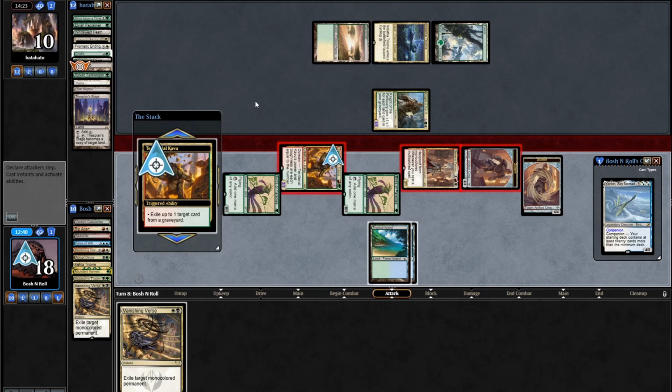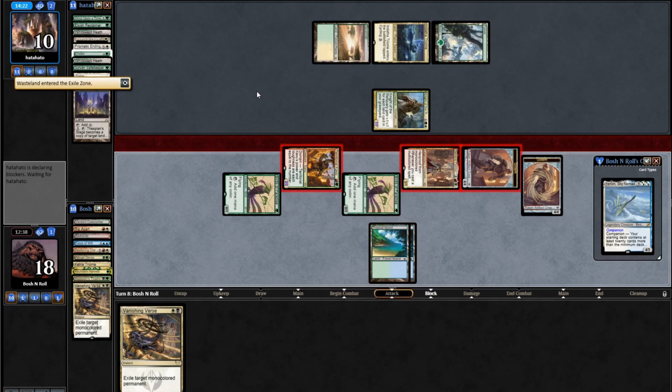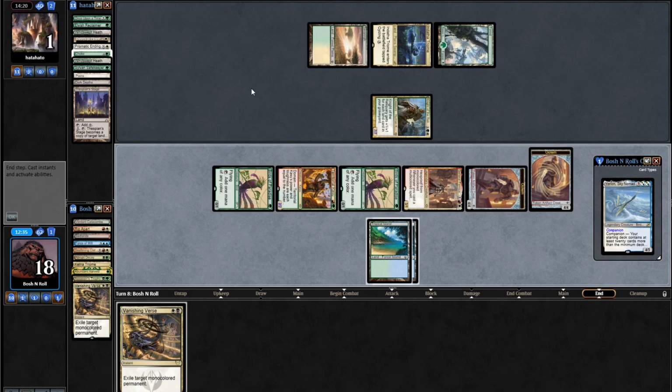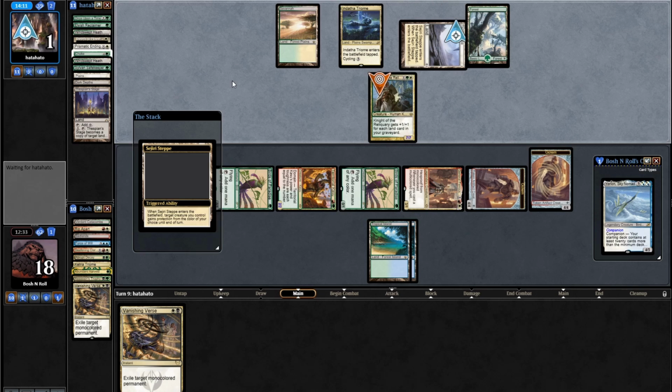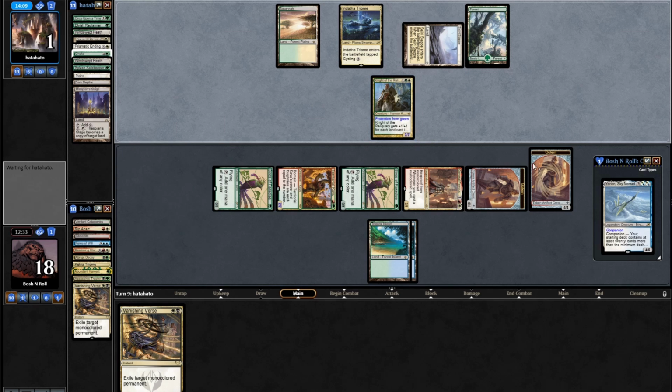I'll shrink the knight a little more. 4, 5, 6, 7, 8, 9. Yeah, they're at 1. That was nice. And I have another Vanishing Verse in case they have any ideas of making another Merit Lage. Oh, they had the Sejiri Step. Okay. You can attack for still 0 because these golems...